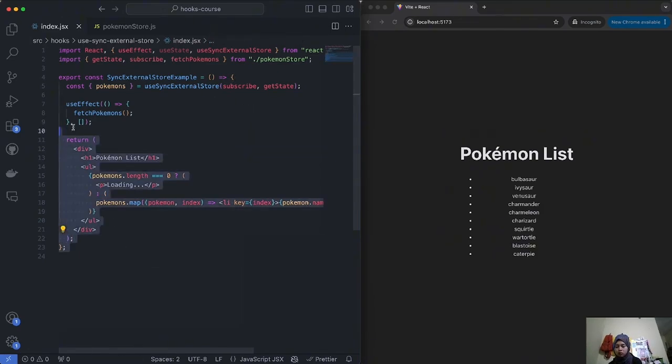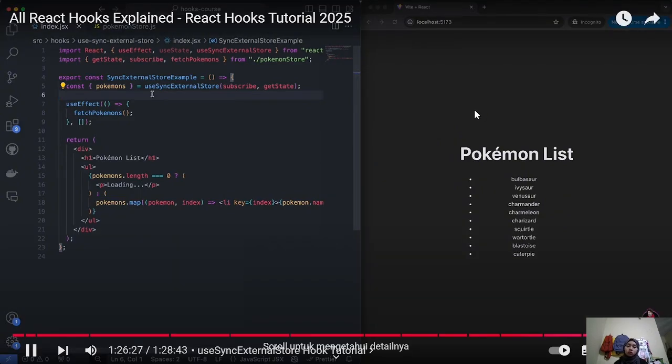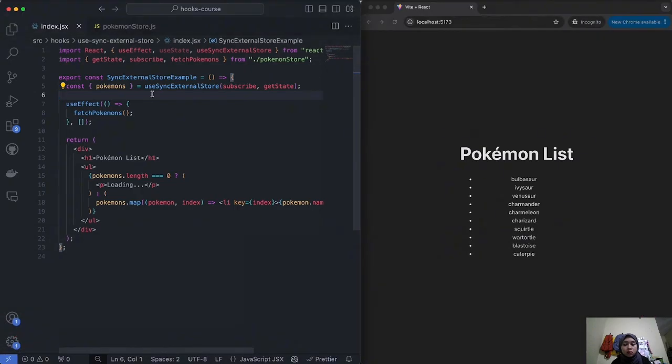Now, one thing you might be questioning yourself is, why didn't we just do all this logic inside of a context and then use the useContext hook to grab that data? Well, there's a couple things that differ between doing that and using the useSyncExternalStore. I think it mainly differs on purpose, performance, and reactivity. So, talking about the purpose,